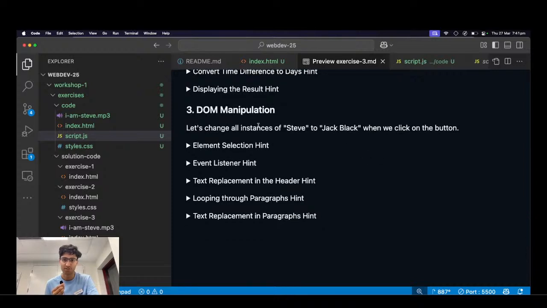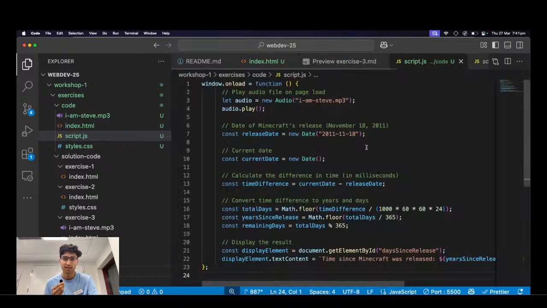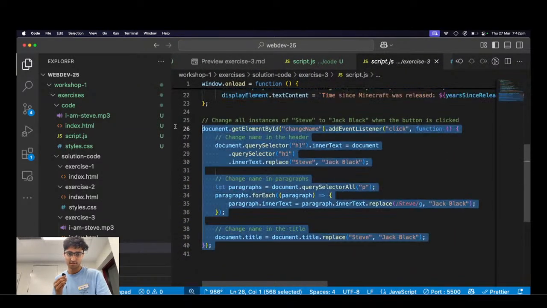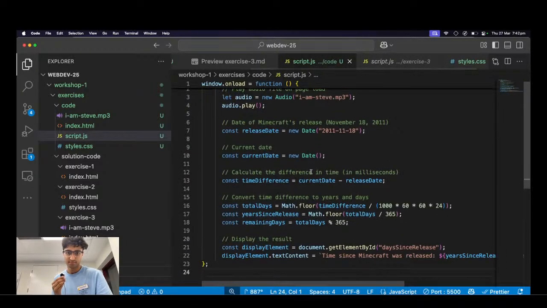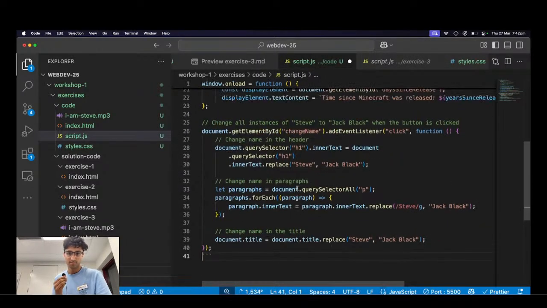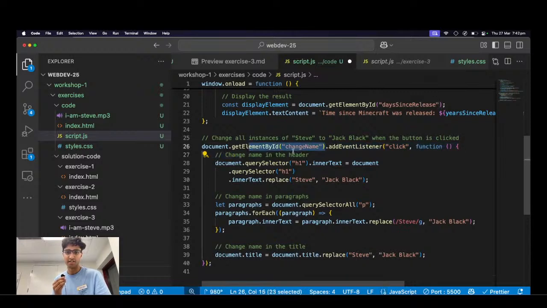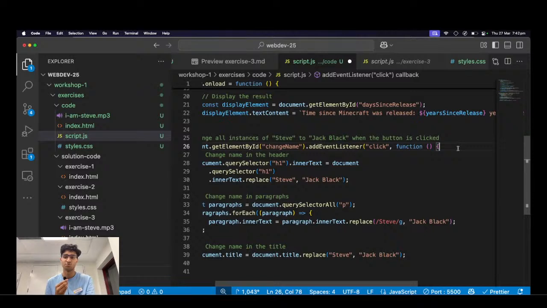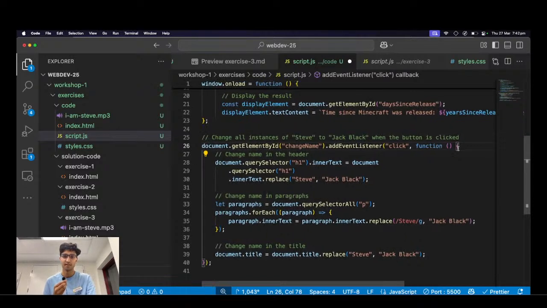So now we want to change all instances of Steve to Jack Black when we click the button. Since we're doing it on the button, we don't have to have it in the window.onload section. Similar thing, we have get element by ID change name. This is targeting the ID for the button, and what we do here is add an event listener for click. That basically just tells your browser to listen for when the button's clicked, and then when it